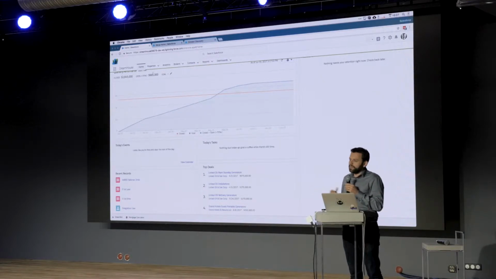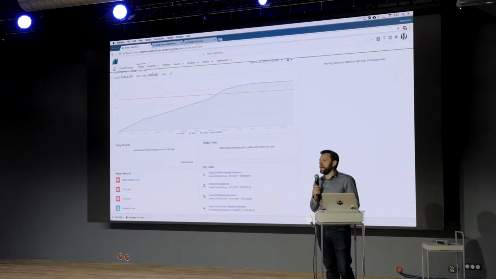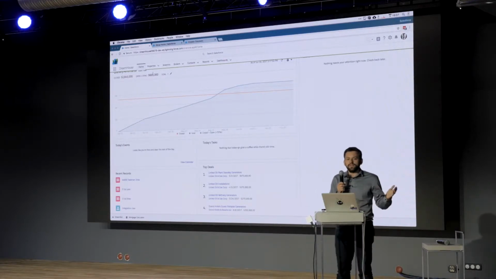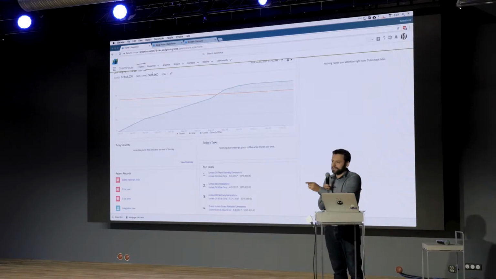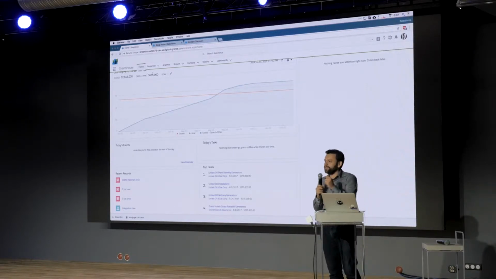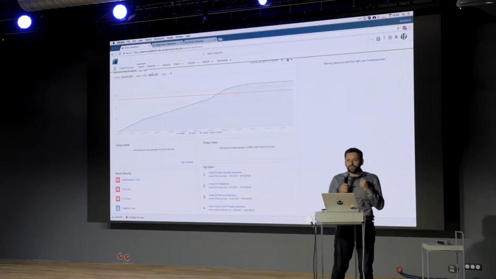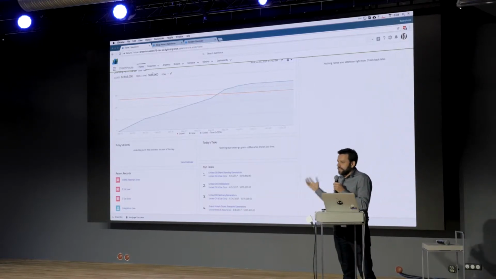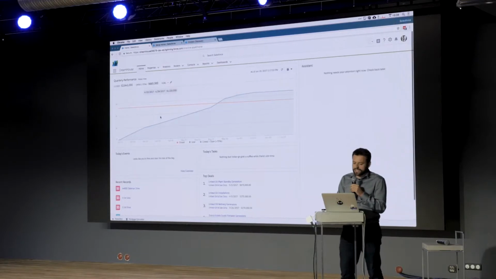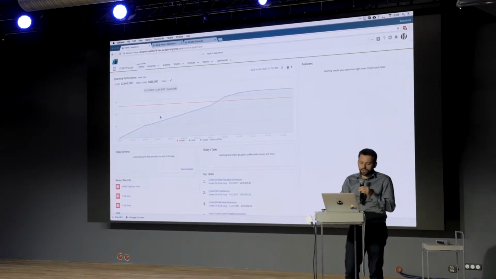And I tried to make Dreamhouse smarter. What is the most important thing that you may want to know before you sell your house? What is it? You may win a prize if you find the right answer. What is the most interesting when you are selling your house? What do you want to know? Exactly, how much I'm going to sell my house for, right? Or what can I do to make a bigger sale? So it's exactly what I did here. I created a model with Einstein Discovery to be able to predict the price of the house and how it looks.